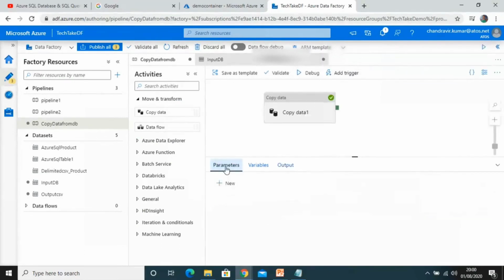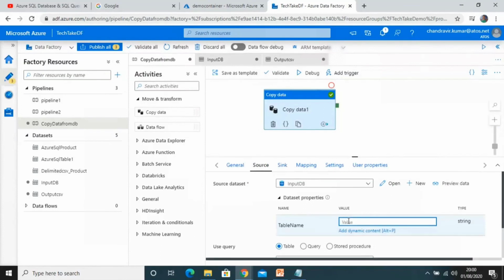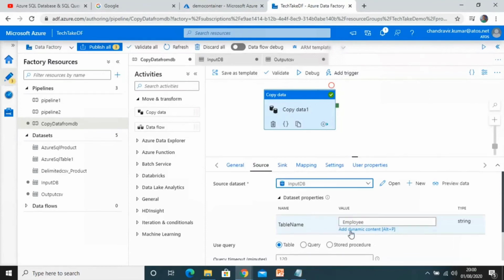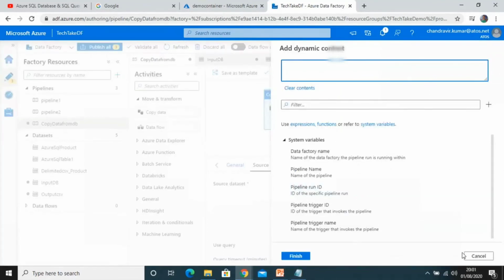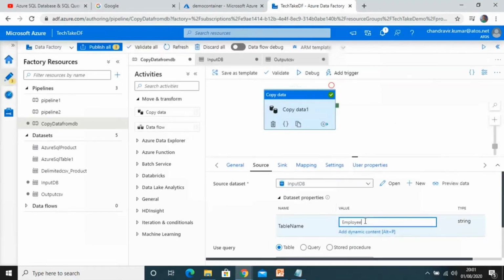Okay, let's select the copy data. Here we have the option to put the file name. We need to put the file name that we want for the employee details table: employee details.